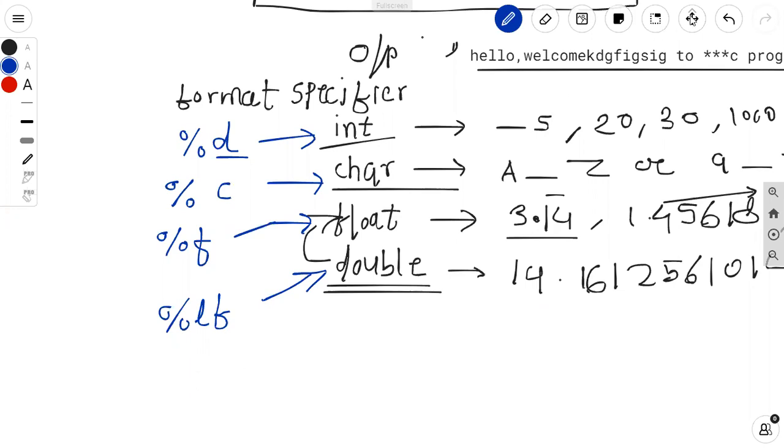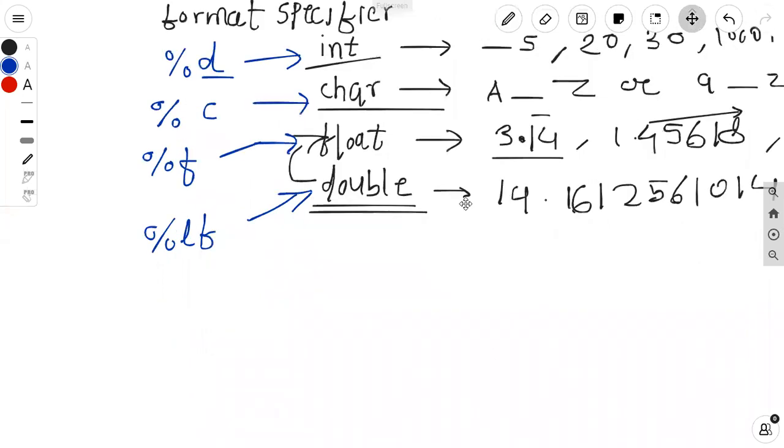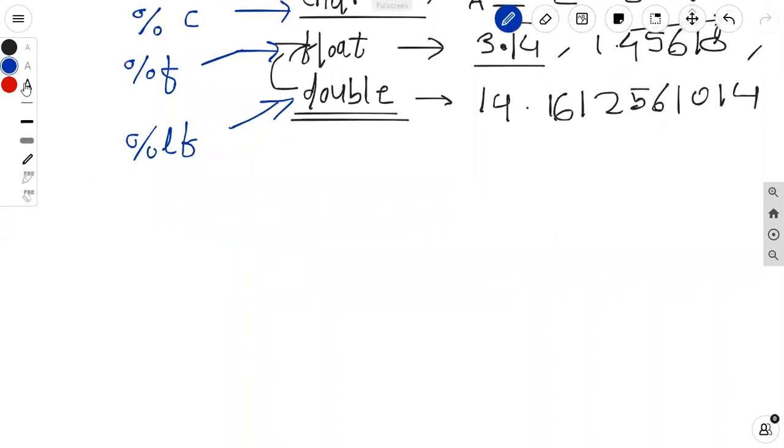Okay, now if I want to display any number on the screen, then what should be my printf function format? Okay, जर मला व्हॅल्यूज प्रिंट करायचे असतील स्क्रीनवरती तर माझा प्रिंटएफचा फॉर्मॅट कसा असू शकतो? सो फर्स्ट वन इज printf function name, then rounded bracket open, double quotes open.